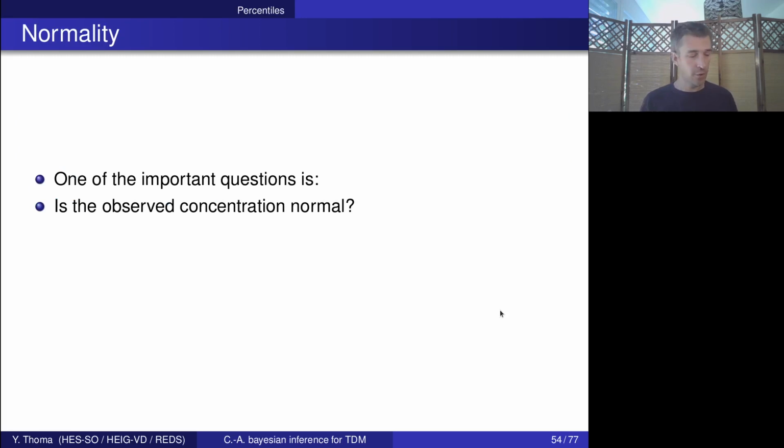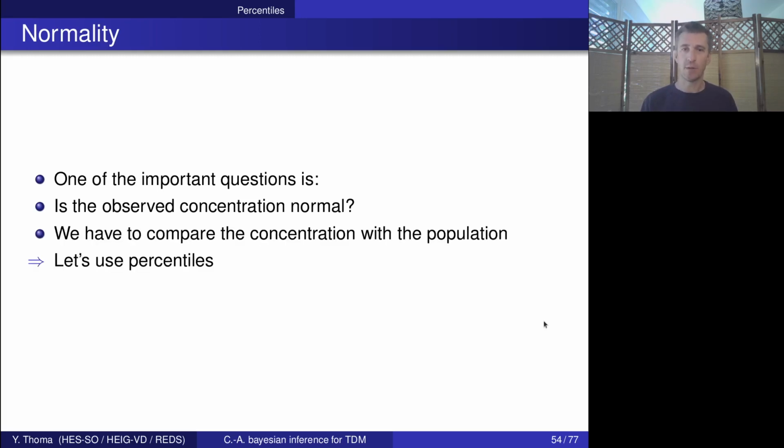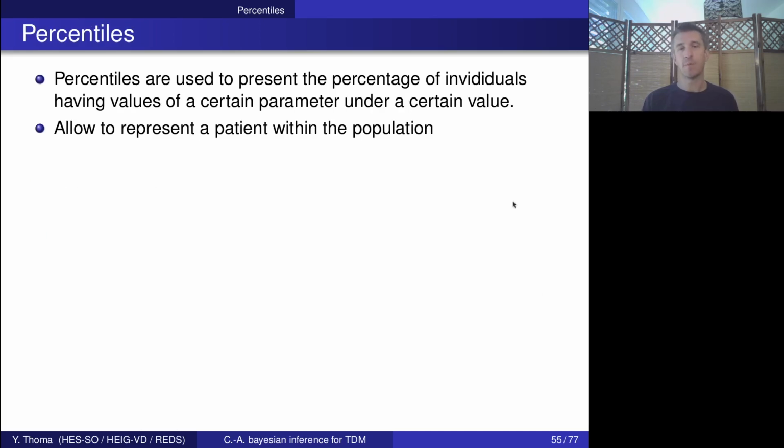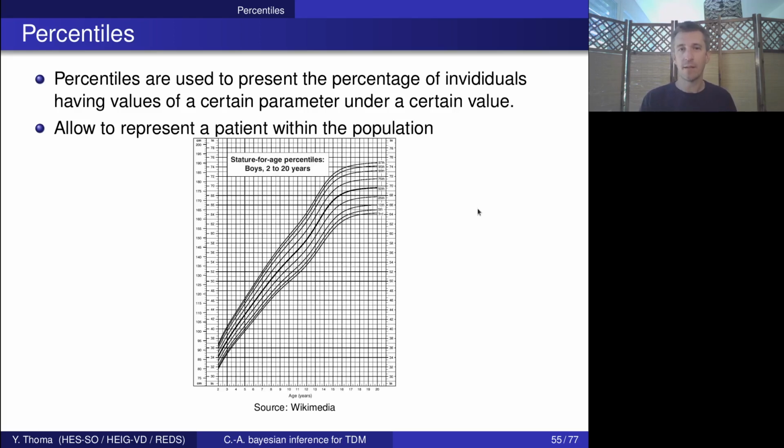So now we are able to predict concentrations. Now the idea is to say, okay, is that concentration normal compared to the population? So for that we need percentiles. These percentiles are used actually to present the percentage of individuals having values of a certain parameter under a certain value. That's something that is well known by parents, for instance, where you end up with such a graph